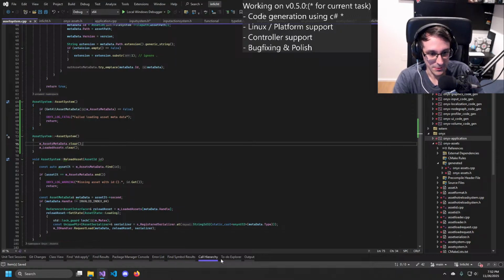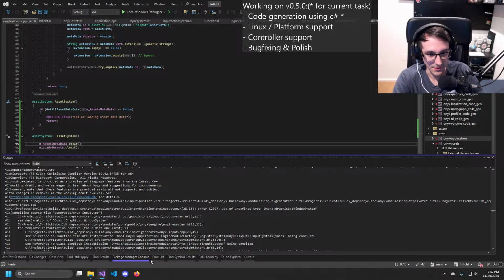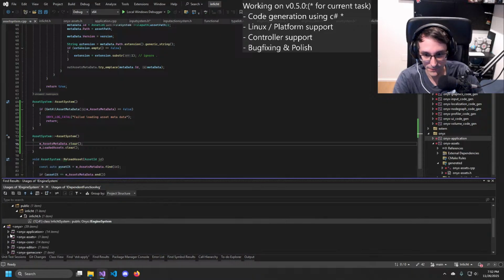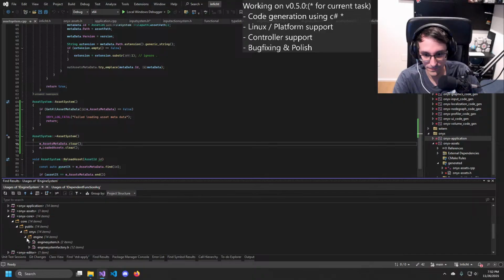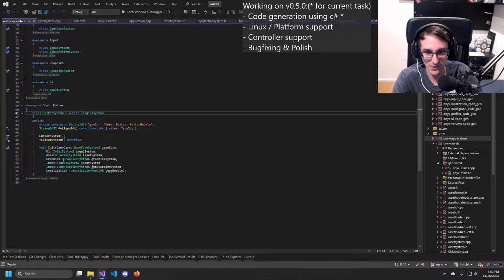So the asset system is the first one and the most simple one to change. The core doesn't have one, editor has probably one.